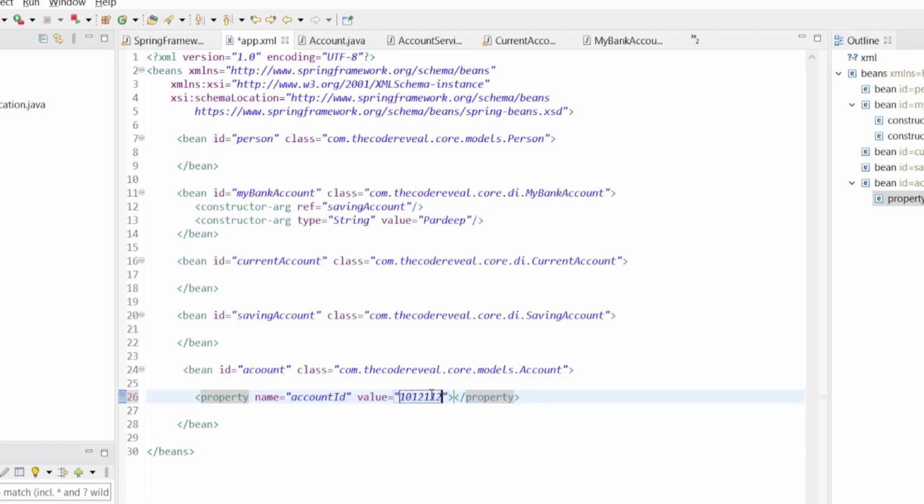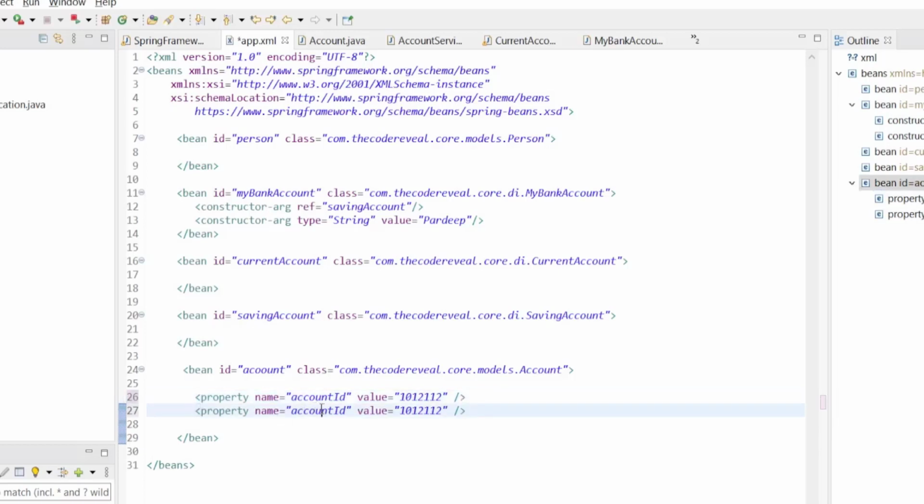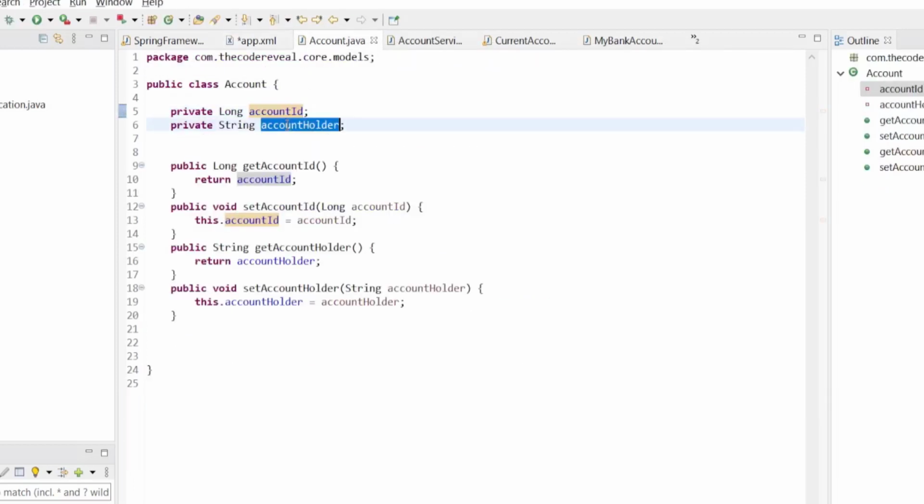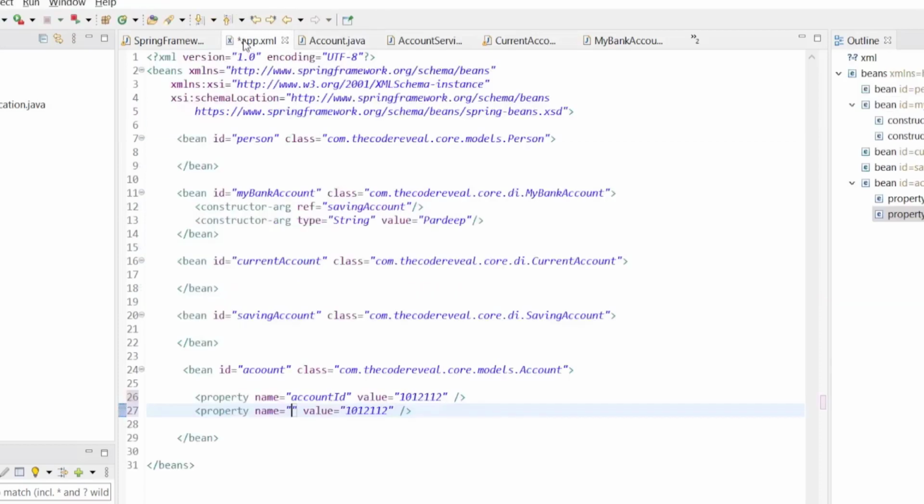So this is some dummy value. We'll declare here accountHolder, some user.